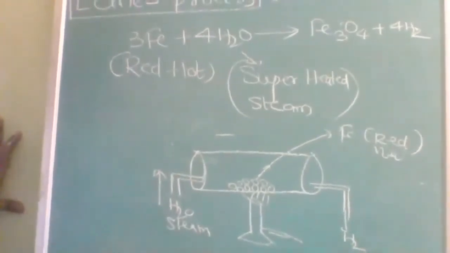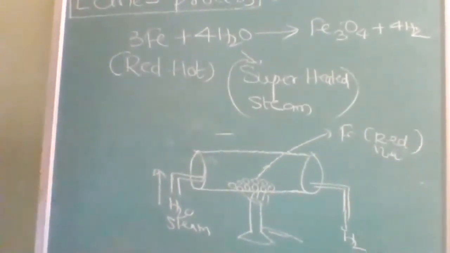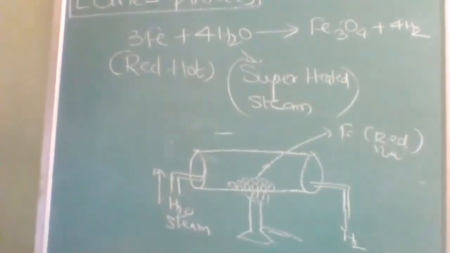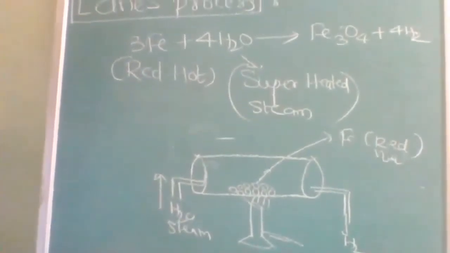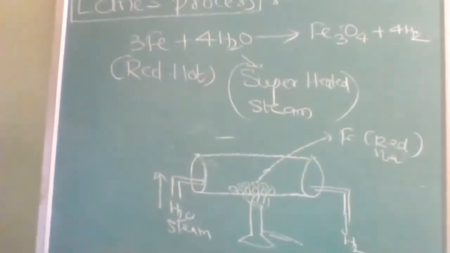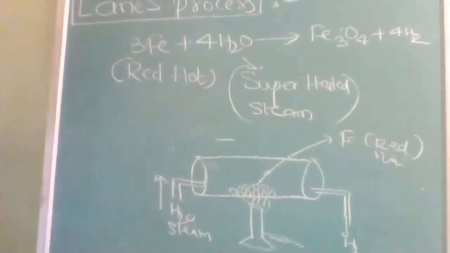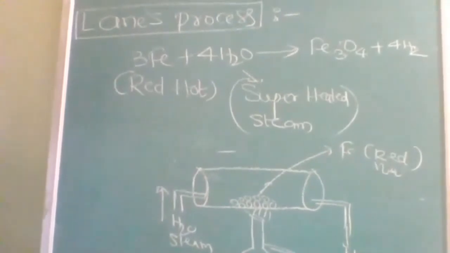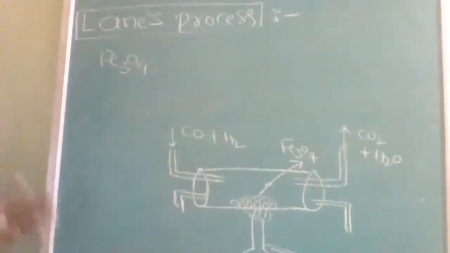Okay. In the first step, what are we receiving? We are receiving the hydrogen gas. What are we sending? Steam, superheated steam over what? Red hot iron. Note down. Then I will draw the second stage reaction and the diagram. Okay, see next, step two.